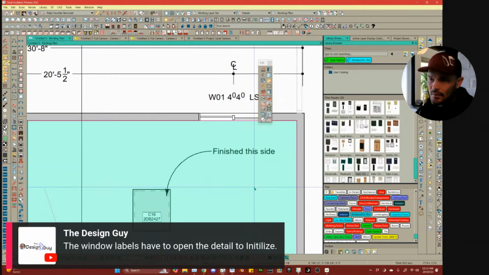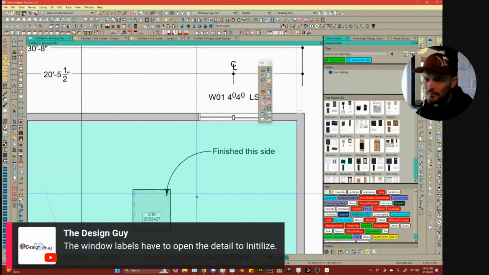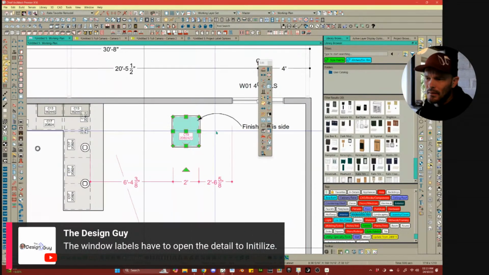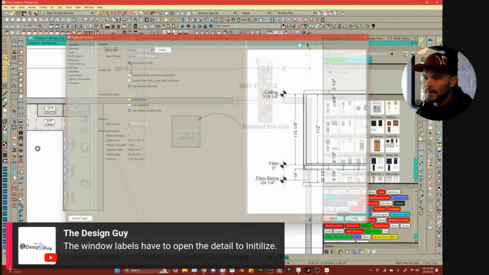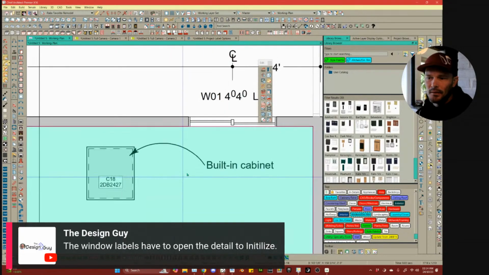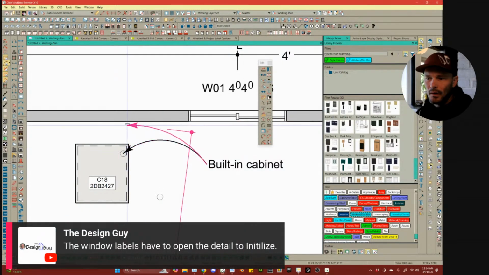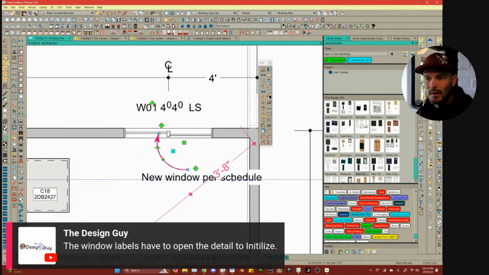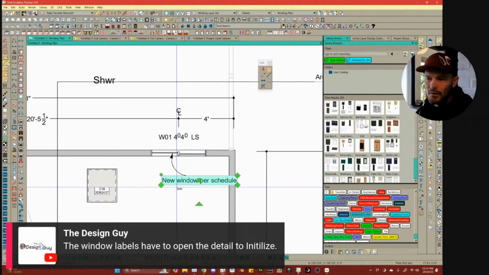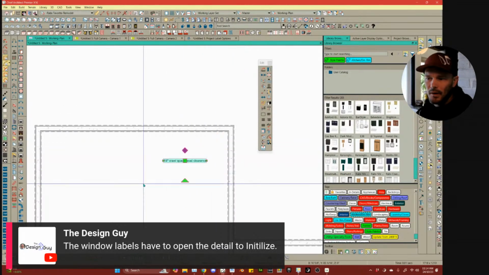If we were to change this room to a living room instead of a kitchen, and actually I think I need to leave it with its default label, so it's not shower, it's going to pick up that it thinks this is a built-in cabinet because we're in a living room. We can point this to a wall, and if this is the new plan, it's going to think it's a new wall for details. If it's existing, it's going to say, hey, this is a demo wall, new window per schedule. We drop this into the foundation plan, and inside the room that's being built from the foundation plan, it's